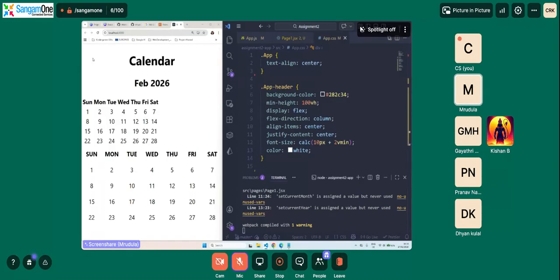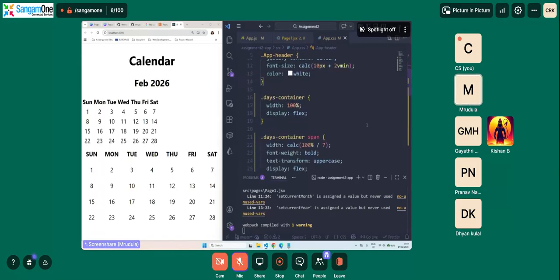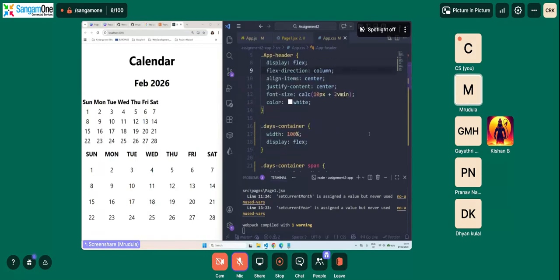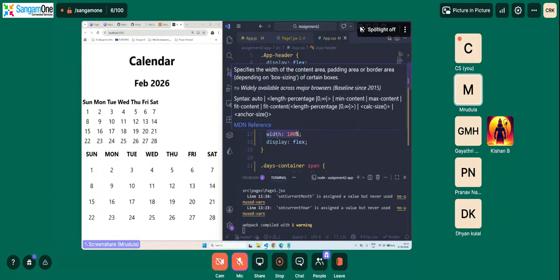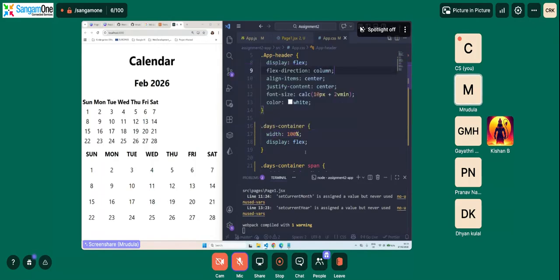So we are trying to have everything dynamically displayed. What is happening is it is taking the whole width of the page, dividing it by 7, and placing everything equidistant and in the center.